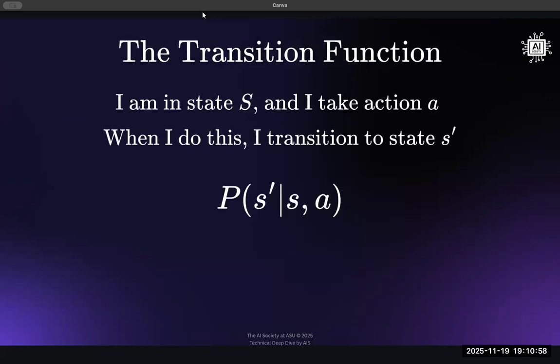So this concept of transitioning between states we can just put into a function, right? I give you a state and I give you an action. So I'm here and I'm going to take an action to the next state, and that's what it's going to give me. It's going to give me the next state, but it's a probability. So perhaps I won't even transition to that next state. The probability might be 0, might be 40%, or even 1.